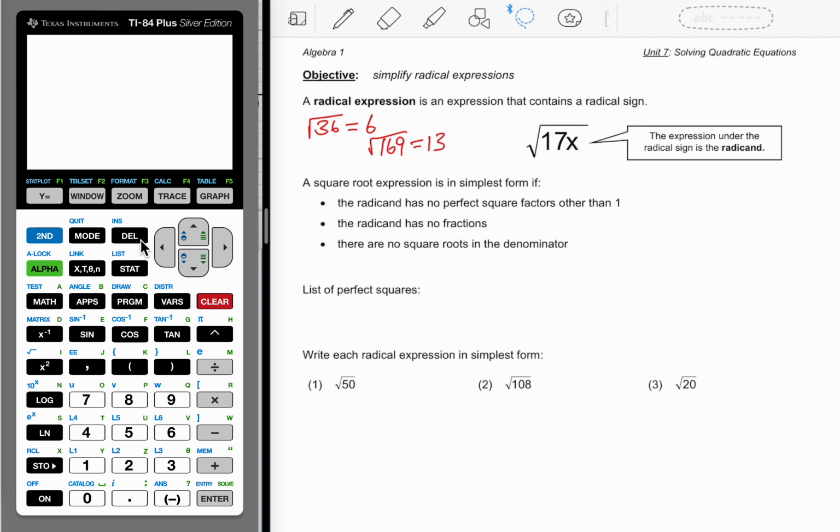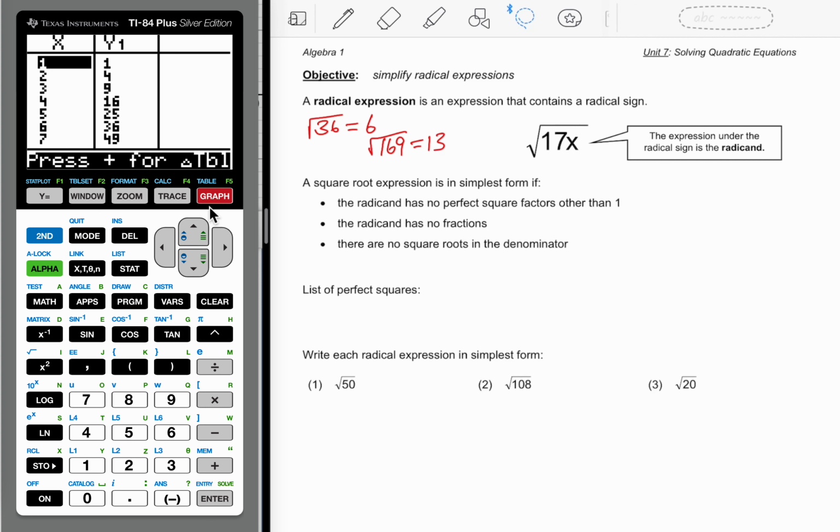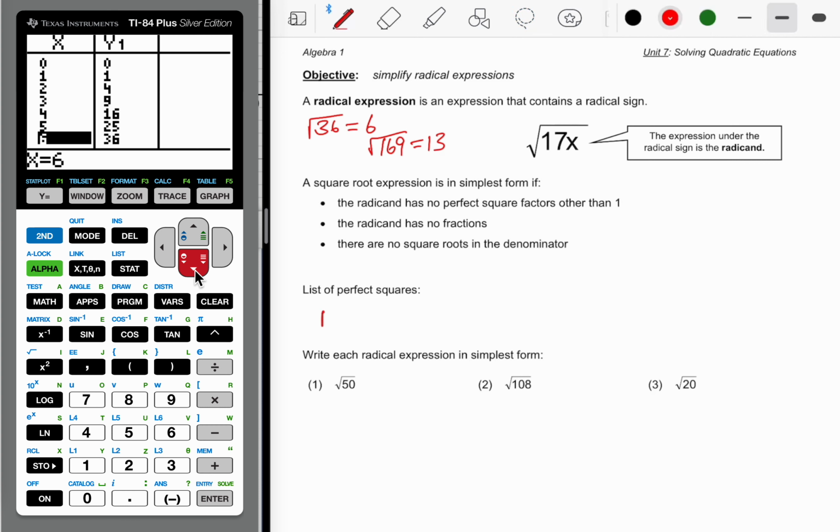And I'll show you Desmos and TI. All right. So in the TI calculator, you'd hit y equals, and in y1 you would just type in x squared, and then go to the table, second graph, and you have a list of perfect square values in y1. The x values are the corresponding square roots, all right? So the perfect squares here, 0, you wouldn't really bother with that, but if you're just looking at the positive cases, I need a marker. 1, 4, 9, 16, 25, 36,